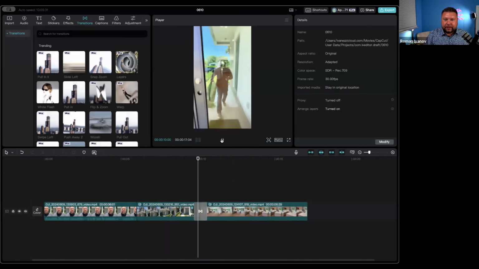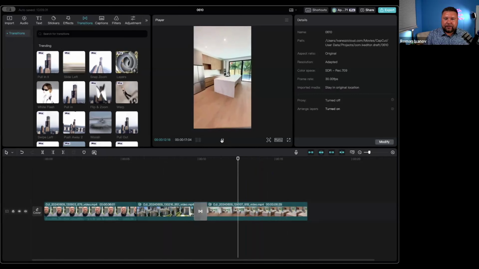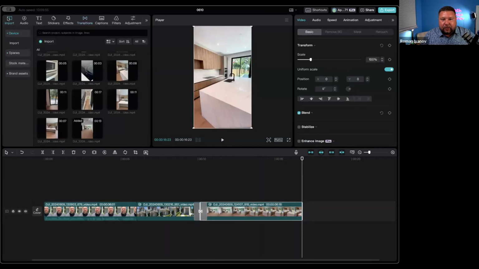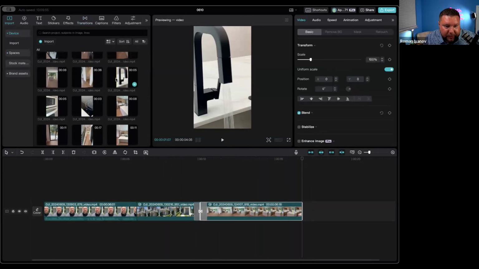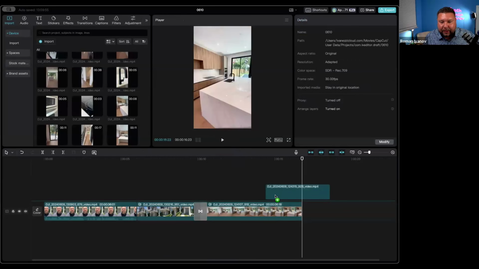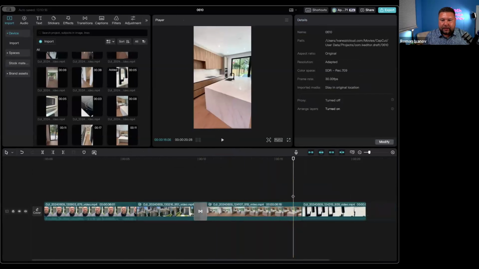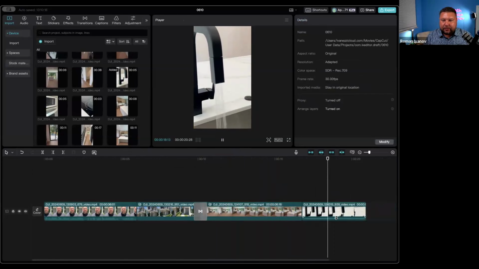All right. I think it looks good. What do you think? Now I want to add the video of close shots. So let's use this one of the running faucet. Also want to turn the